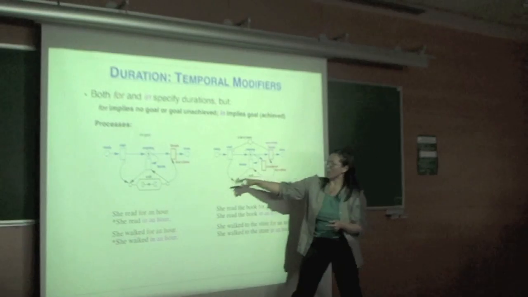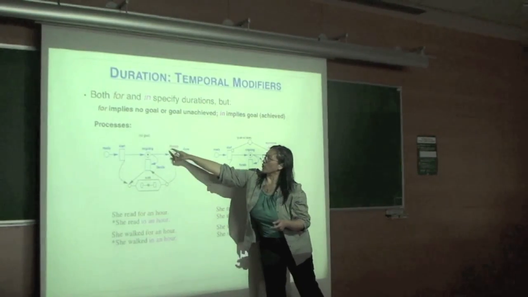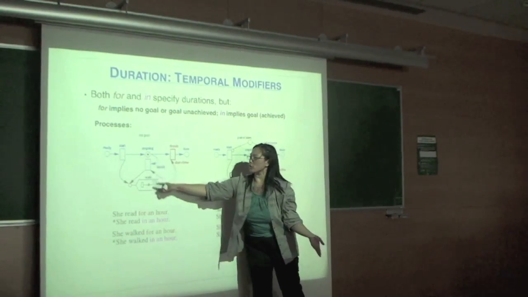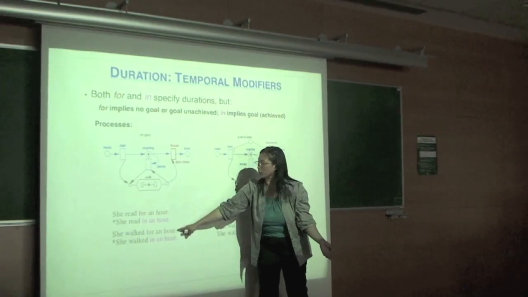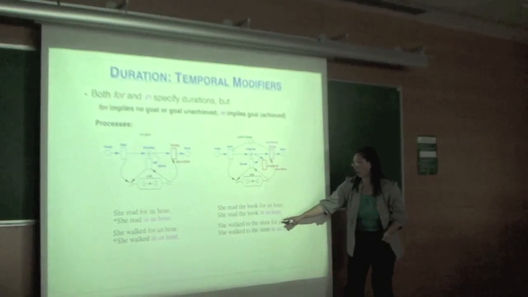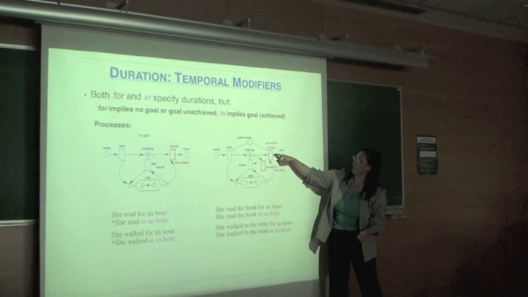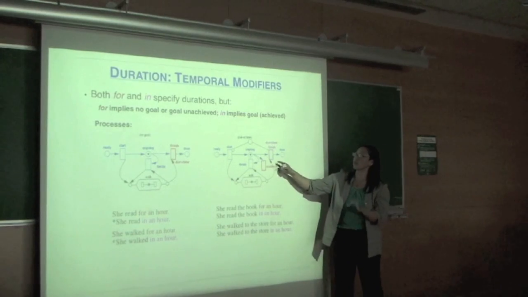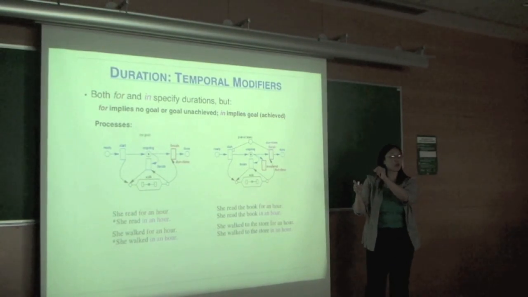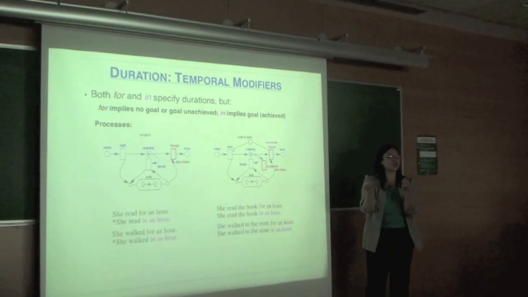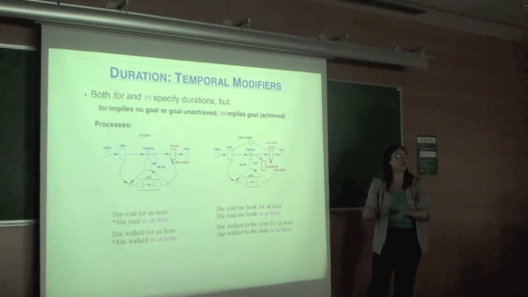The picture is, maybe in the for one, there's no, so yeah, you can't read this, but it says no goal, right? So there's like she's reading or walking or doing whatever it is, she walked for an hour, all it says is a duration, right? Whereas this one, she read the book in an hour, it would have that there's a finishing condition, that she's at the store, she walked to the store, something like that. So there's some difference in the graph, just about whether the goal has been achieved, is asserted to have been achieved, right? So with in, something has been achieved, right? That's the claim of what the difference is.